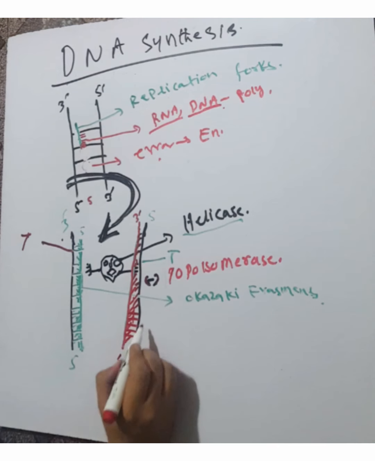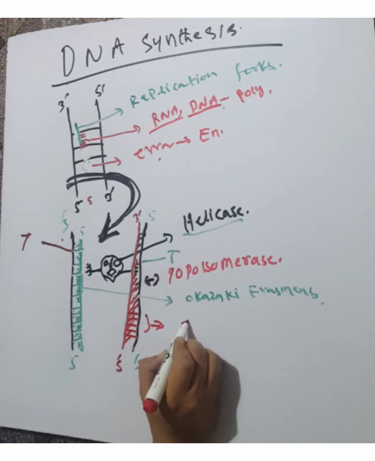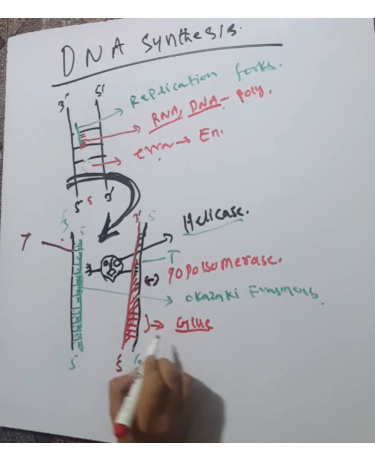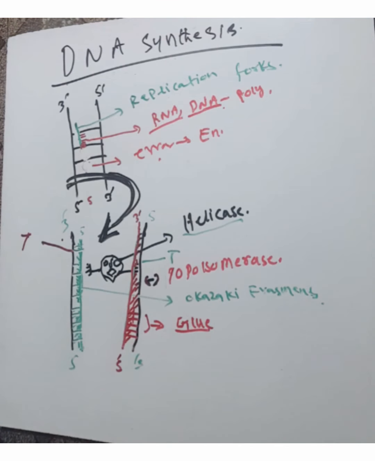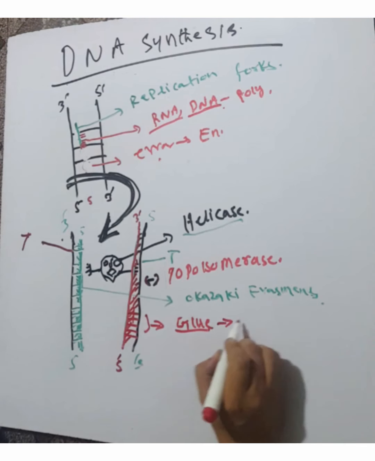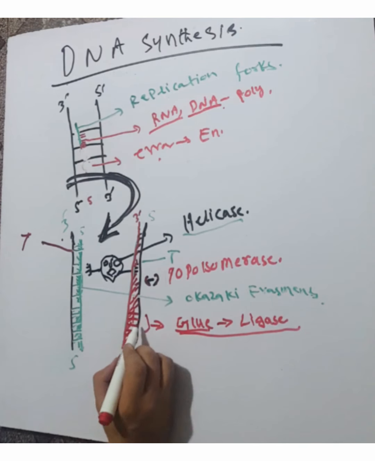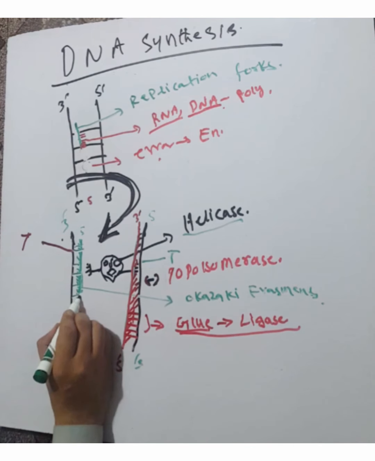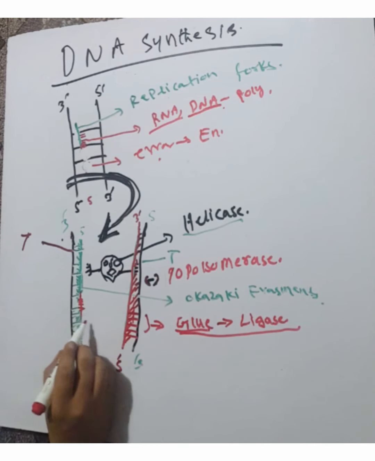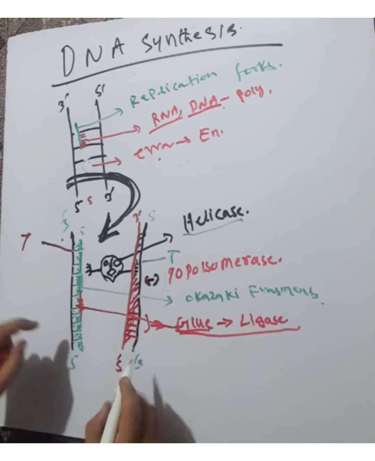These two DNA molecules can be combined by a glue enzyme, to join these two strands: one is the template strand and the other is the newly formed strand. This glue enzyme is called ligase. Ligase acts like a glue and joins these two strands. It also joins these Okazaki fragments, and two DNA molecules are formed.